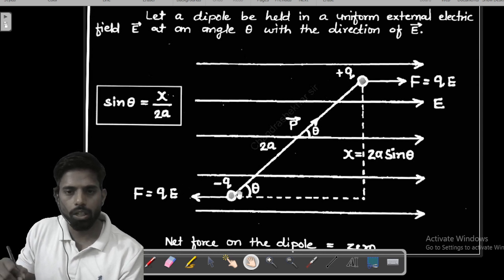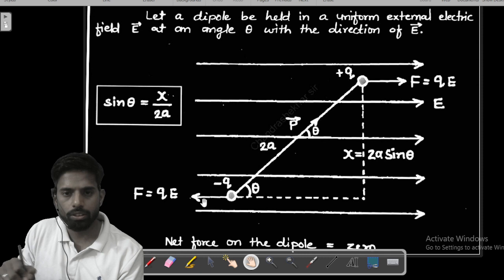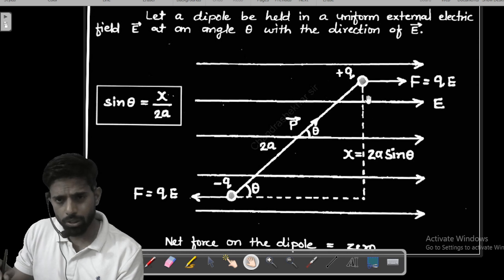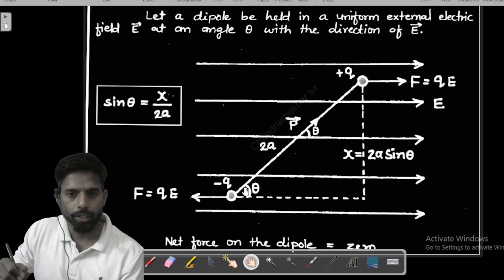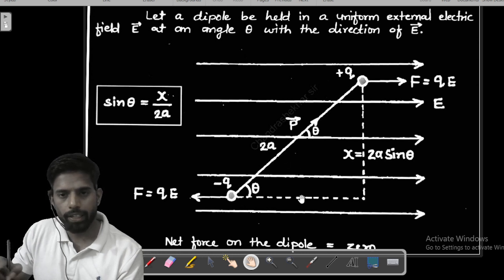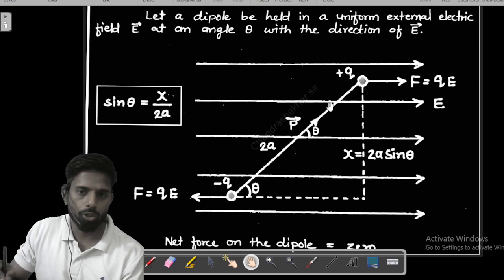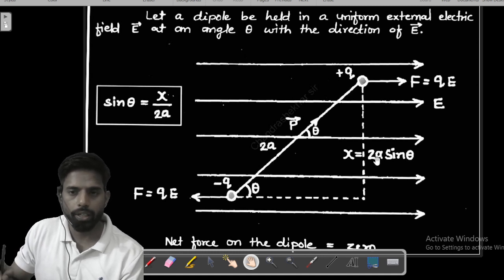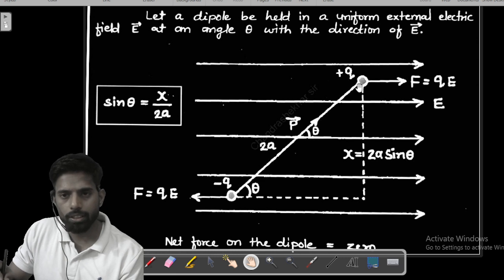So these forces are called a couple. It will create a torque, and we can find the distance between these two forces. The perpendicular distance between these two forces is this. So we can find the value of this perpendicular distance. Here it is 2a, here it is theta. If we resolve along the x-axis, we'll get 2a cos theta, and similarly if we resolve in the perpendicular direction, we will get 2a sin theta. So always remember the distance between these 2 points is 2a sin theta.